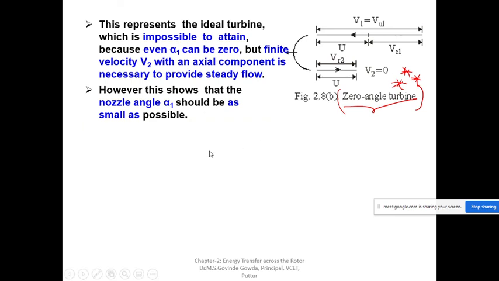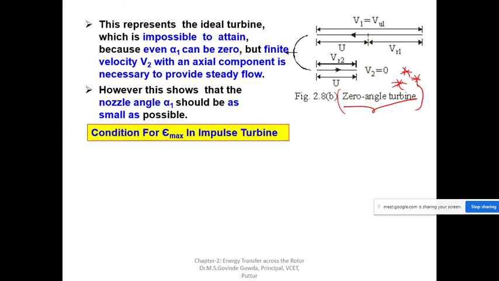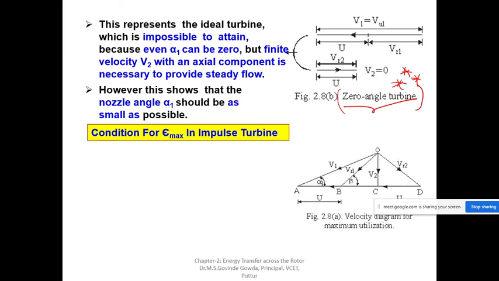By our angle it is 0 only here. We are not assuming the angle. Alpha 1 is what you have assumed, 0 or 90? You have assumed it to be 0 only, no? Yes, sir, we took 0. Cos 0. So it is a 0 angle turbine. It's not a 90 degree turbine. However, we are talking about alpha 1, and alpha 1 we considered to be 0 only. So that is the case here.